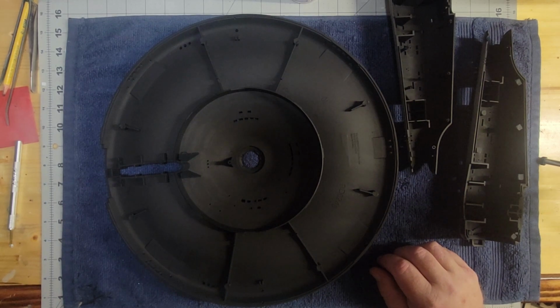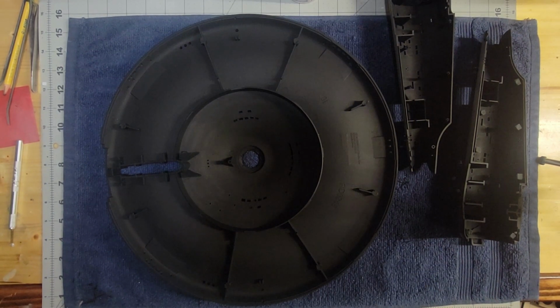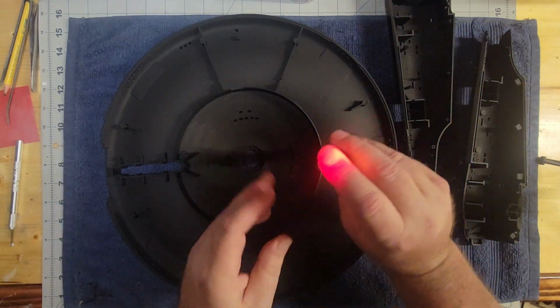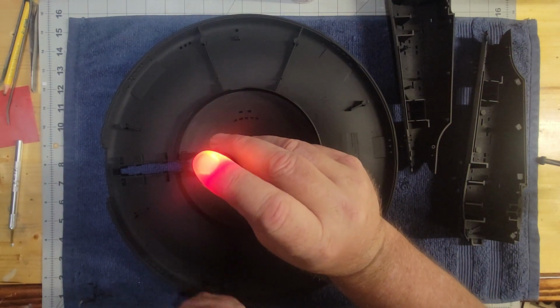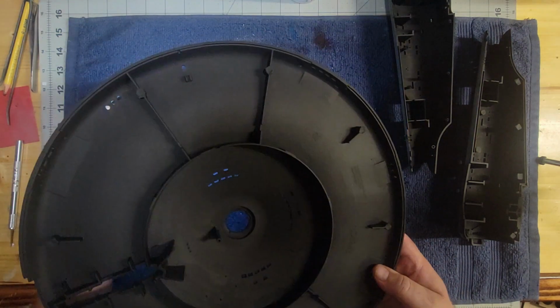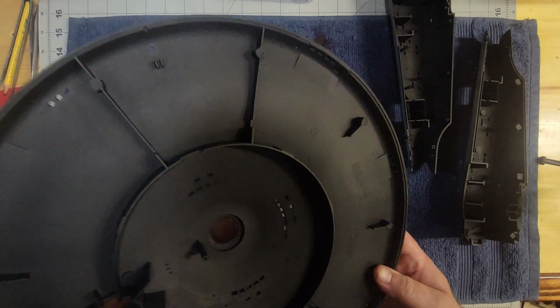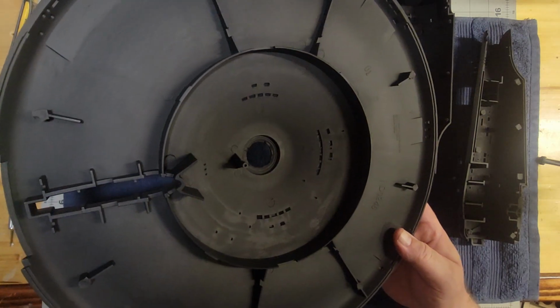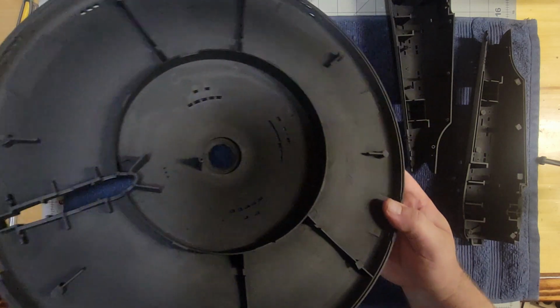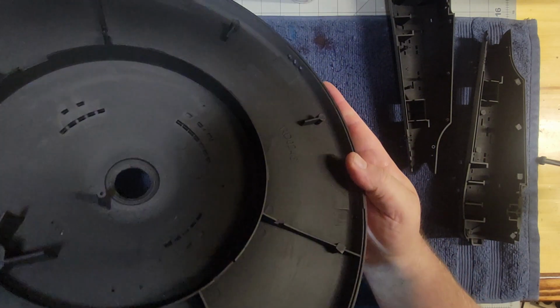Okay, back from the paint station, and we have 2 coats of primer on the inside of the model, and this is for light blocking, of course. So I'm just going to take the little pen light I have. It's very bright, you can see my ET finger there. I'm going to hold this underneath here and check to see if there are any spots where light's coming through, and I don't see any, except for, like we talked about in the last segment,